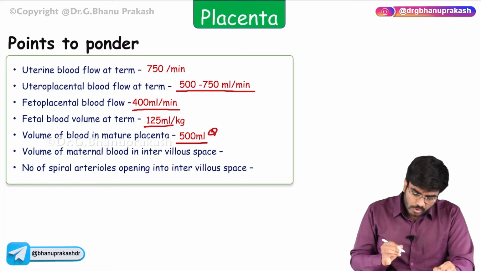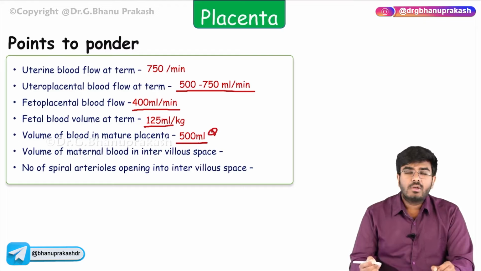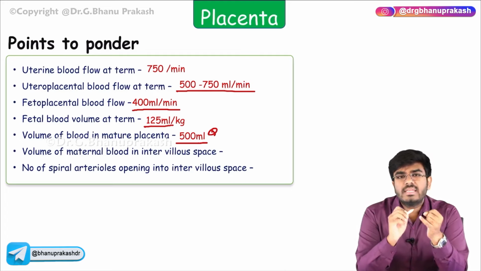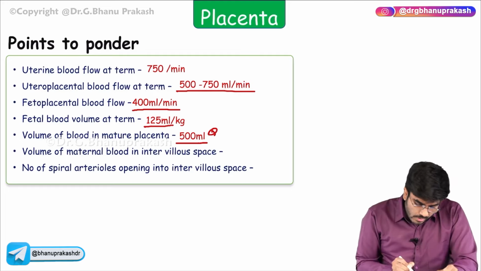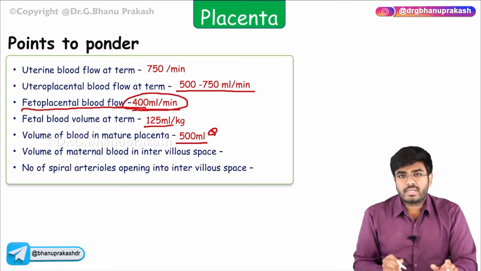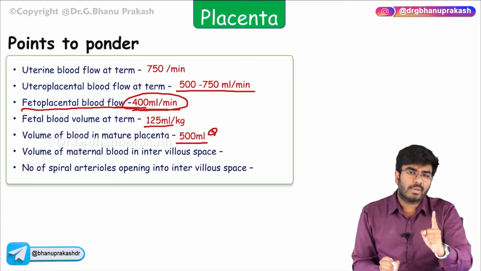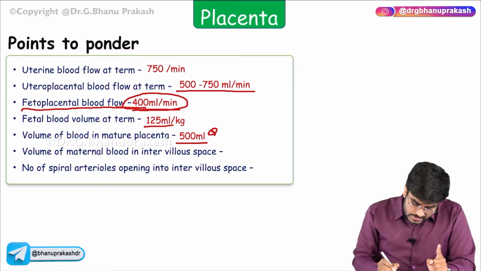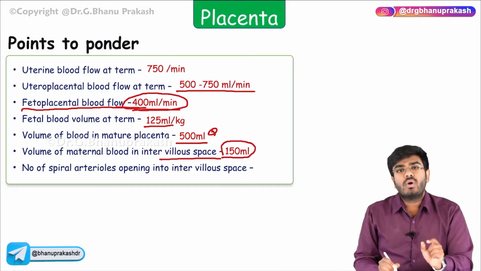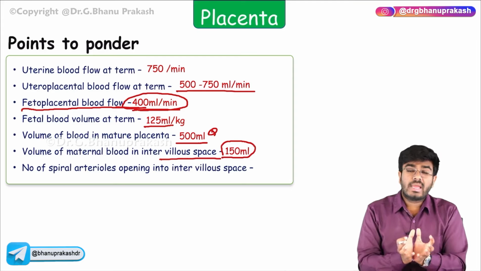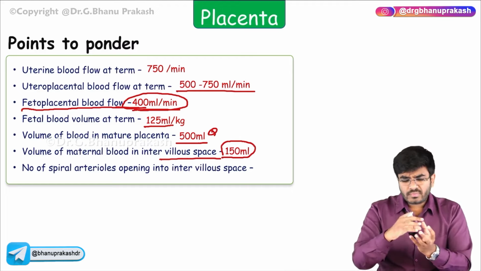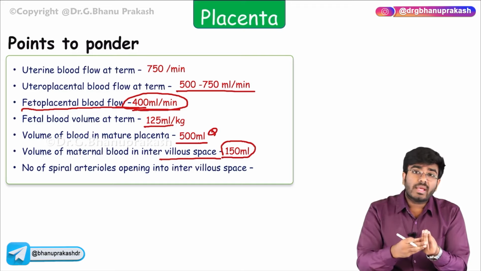Very important MCQ. Volume of maternal blood in intervillous space. See, in the placenta, there is fetal blood, and in the placenta, maternal blood will also be there. Maternal blood is seen in the lacunae. Fetoplacental blood flow is 400 ml per minute. The fetus is sending almost 400 ml of blood per minute. How much is the mother sending? It is almost 150 ml per minute. Volume of maternal blood in the intervillous space is 150 ml. In the entire intervillous space, at a time, almost 150 ml of blood will be there. And in the fetal capillaries which are present in the villi, almost 400 ml of